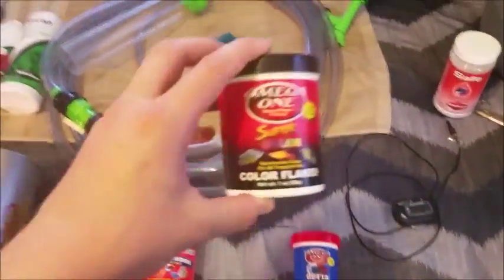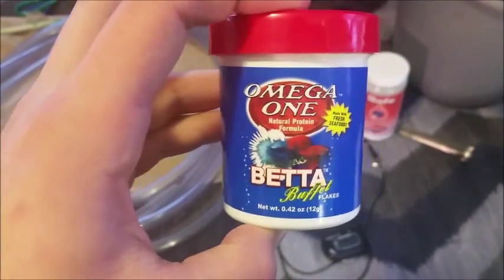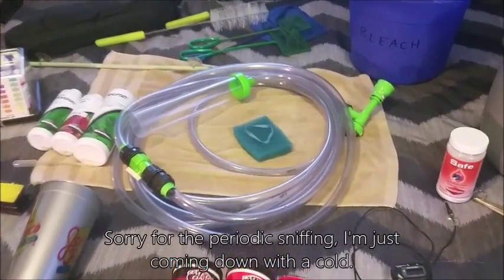Obviously, I feed my fish. I feed my tropical fish Omega One Super Color flakes. It's a really good nutritious food. I feed my betta Omega One Betta Buffet, and sometimes I will feed them Omega One freeze-dried bloodworms. The food is the only thing that I really use every day, but what